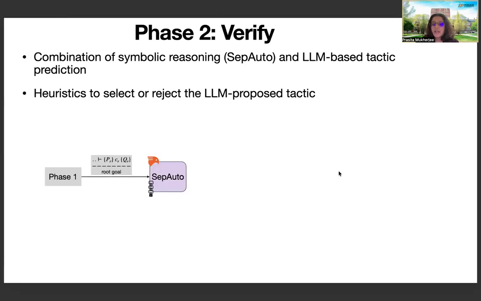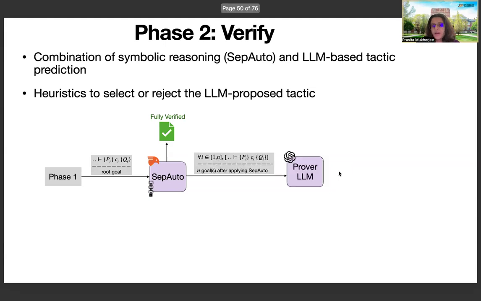Now, we are assuming that a candidate program has been generated from phase 1. Now, the candidate program is converted into a goal that is amenable to reasoning inside VST. It is at first sent as input to SEPAuto. Now, SEPAuto will attempt to completely verify it. If it is able to completely verify, then we already have a certification of the program. And in that case, we don't need to call the prover LLM at all. But if it is not able to verify and it simplifies or decomposes into n subgoals, each of these goals are then sent to the prover LLM, which is then equipped with an initial prompt that comprises of a set